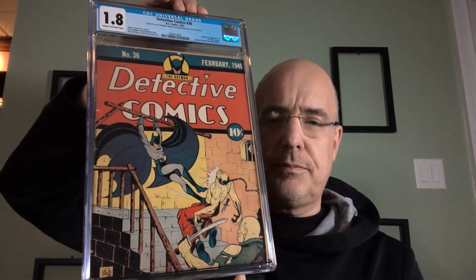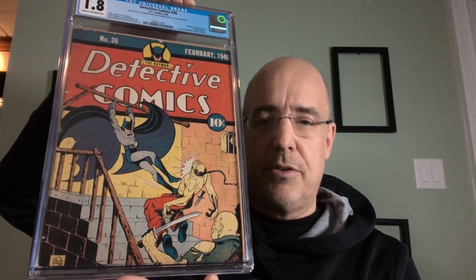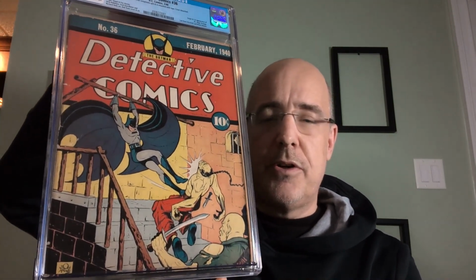So first book is Detective Comics number 36. This is a pre-Robin Tec, and those are all hard to get. I love this book, and this was a spontaneous purchase on Comic Link a number of years ago. It's the first appearance of Dr. Death, and all pre-Robin